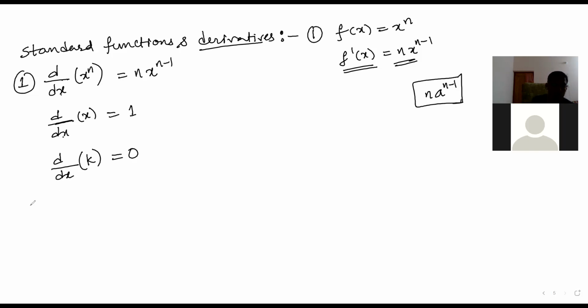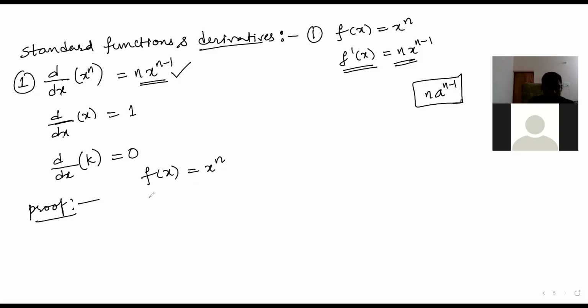So how do we derive this? The derivation is important. The proof for the derivation of this, we use this formula. But the derivation is easy, no? What is f of x here? x to the power of n. Yes or no?